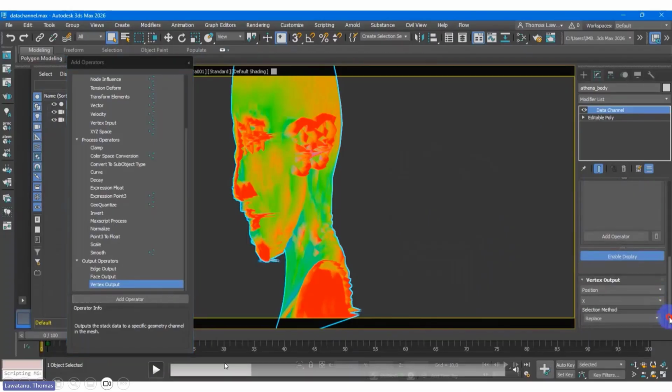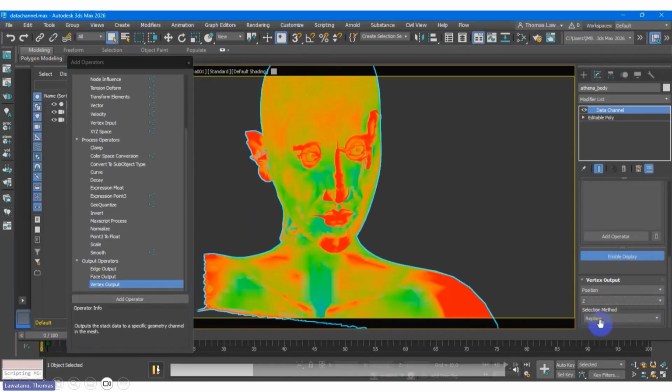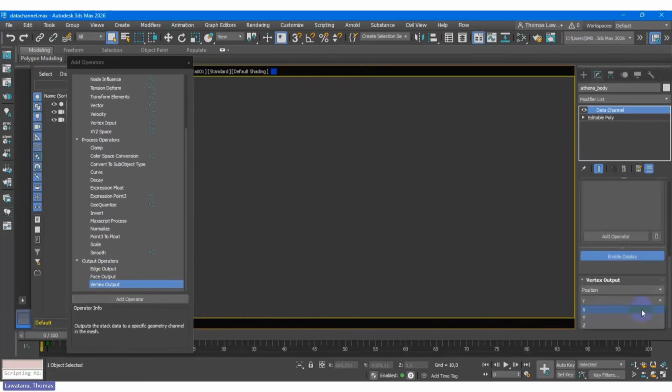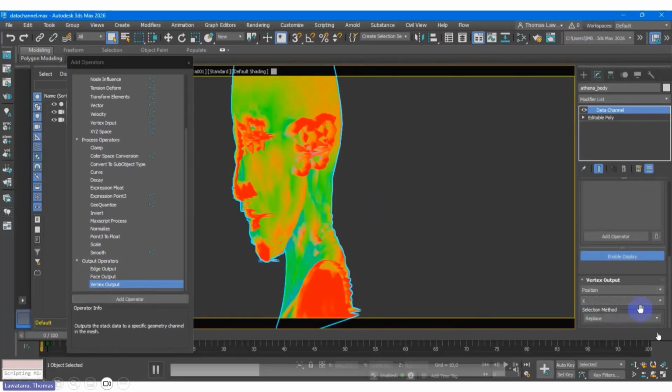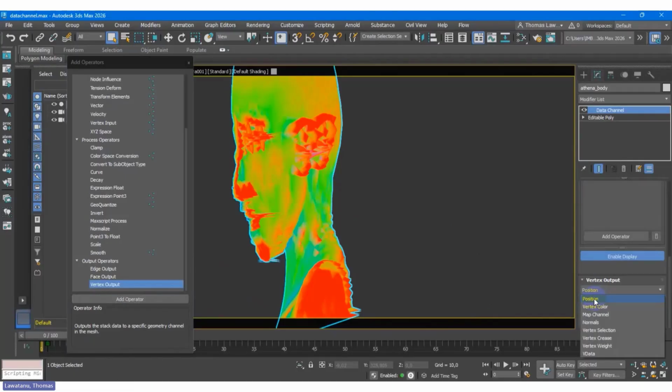Why? Because the position is the x-axis. You need to change it to, let's say, the z-axis, and we can see this is the y-axis. Again, we need to see the result. Remember, why does this happen? Because the default is these positions, x, y, z depending on the color. That's why x is more flat to the x-axis, y is more flat to the y-axis, and the same with the z-axis. Okay.